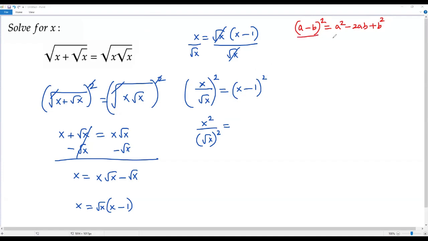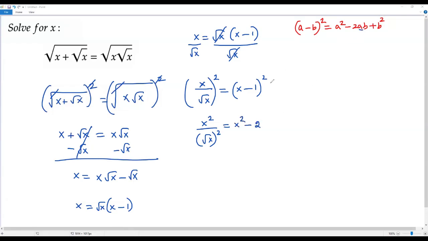When we have (a minus b) the whole square, first we take a squared. Since we have a negative sign, we take negative 2ab plus b squared. Now comparing this with (x minus 1) the whole squared, I have x in the place of a and 1 in the place of b. So for a squared minus 2ab plus b squared, what I have to do is write x squared minus 2 times